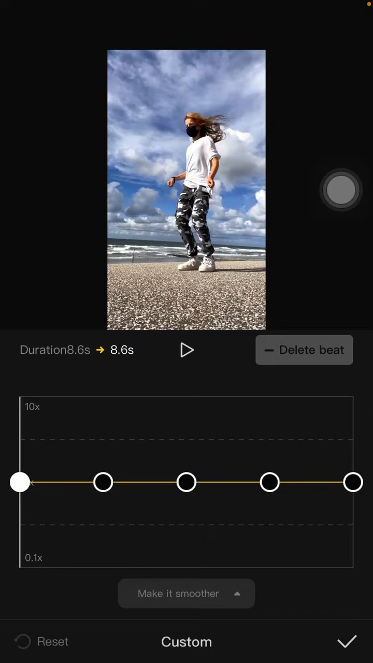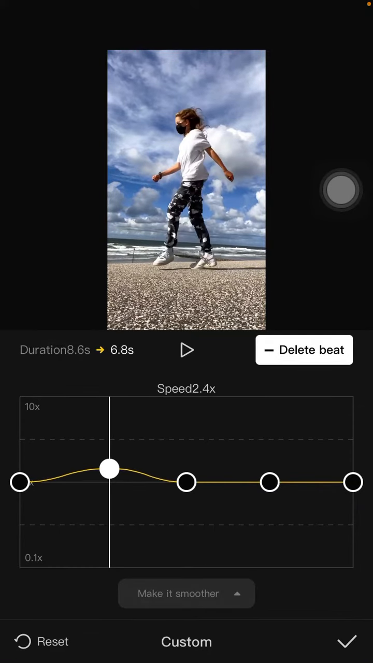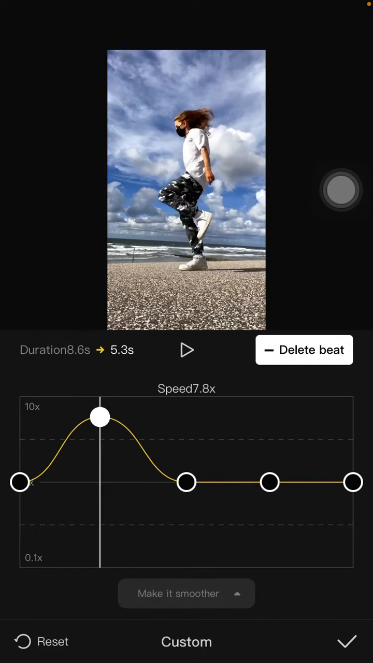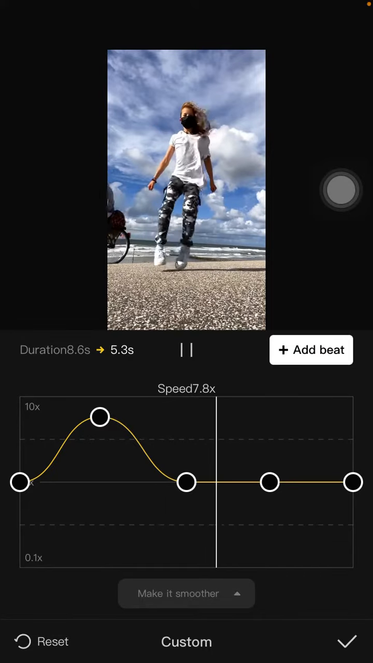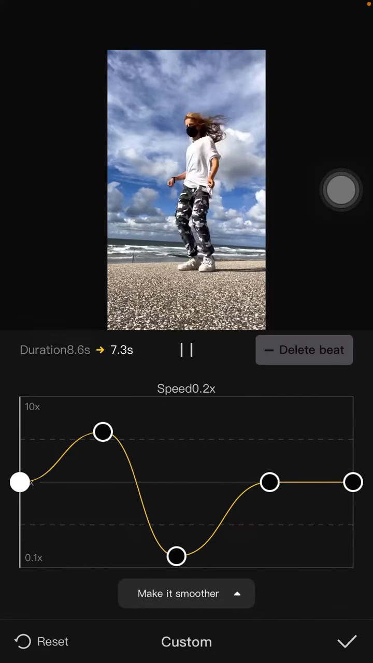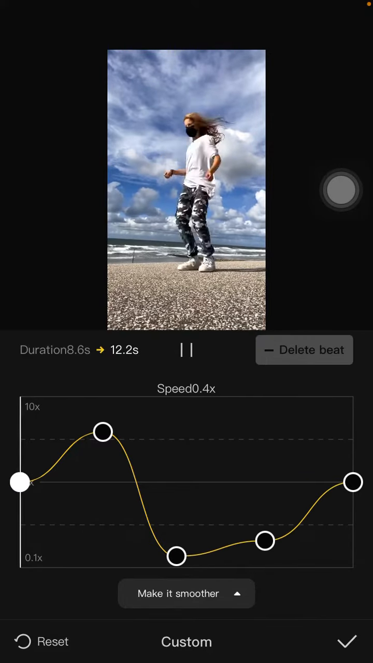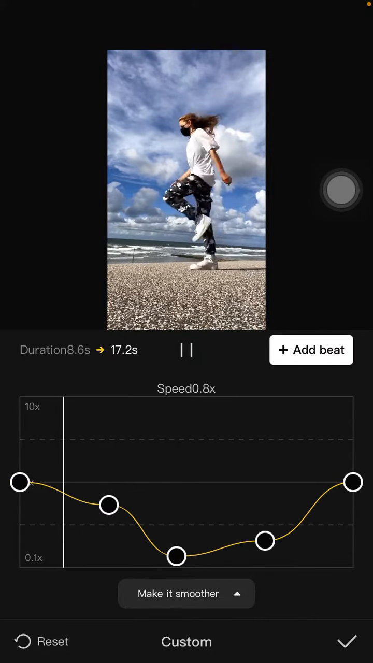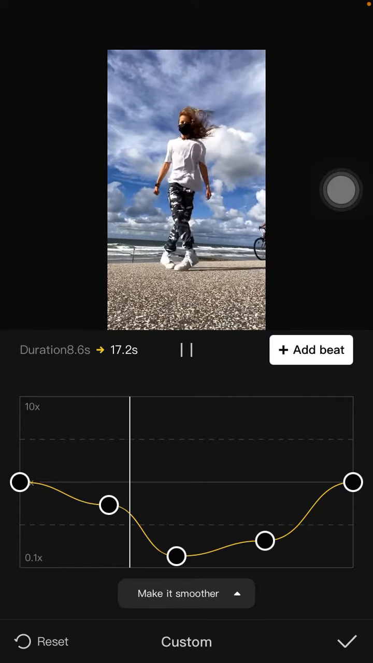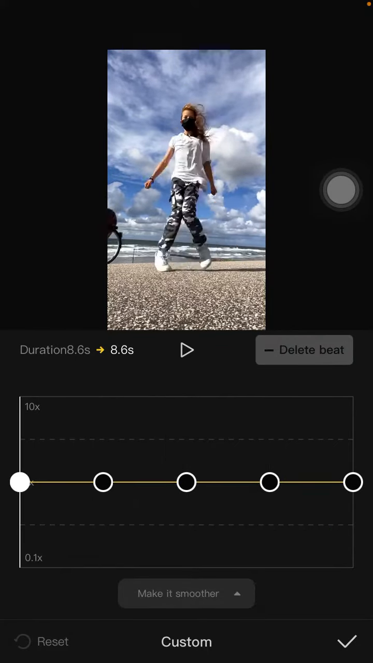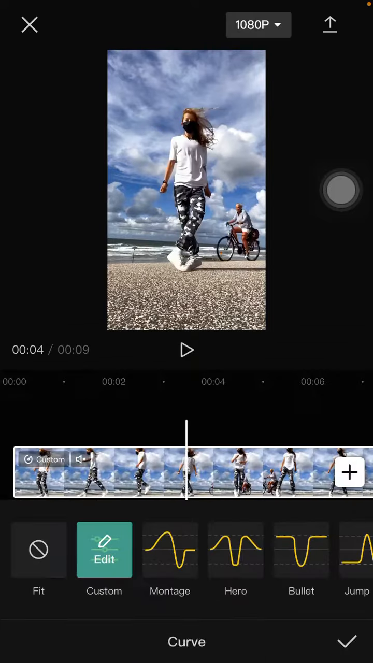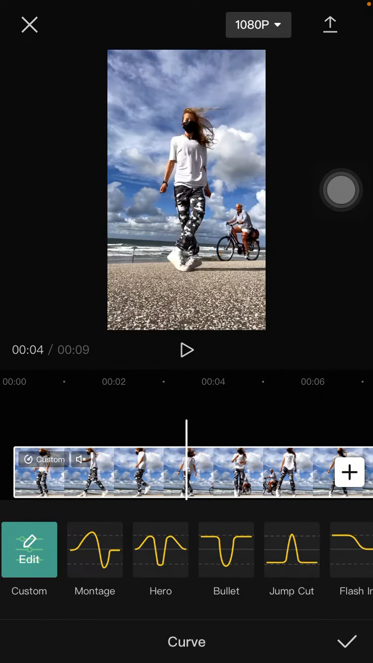So just swipe up for faster and swipe down for slower. You can reset, or you can select a template for the